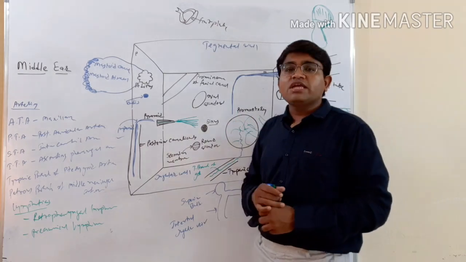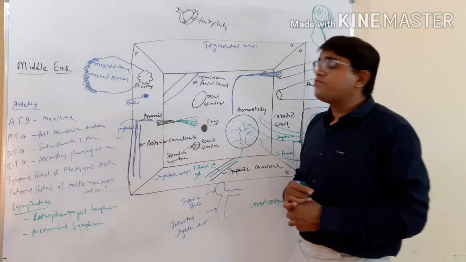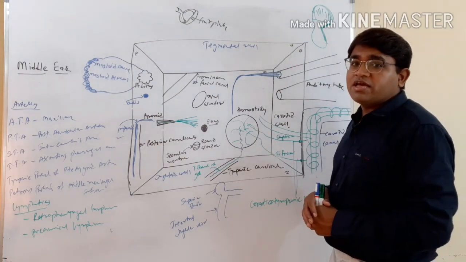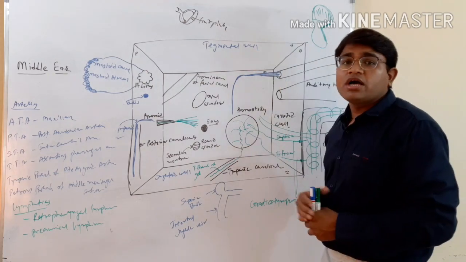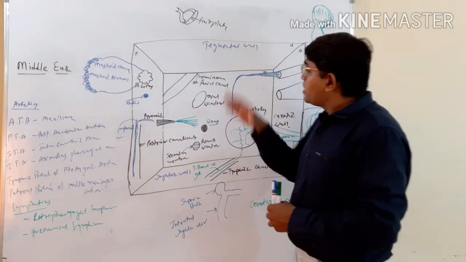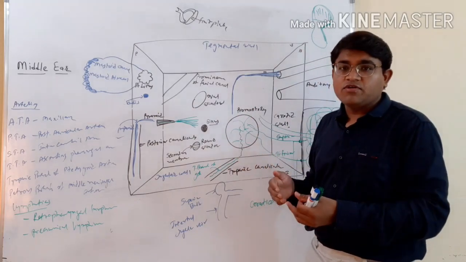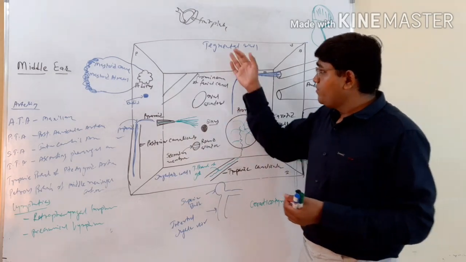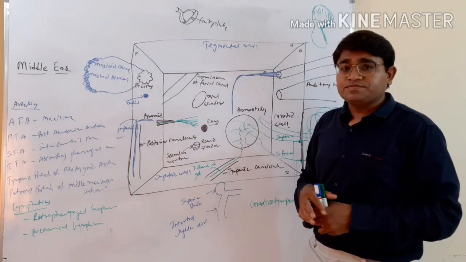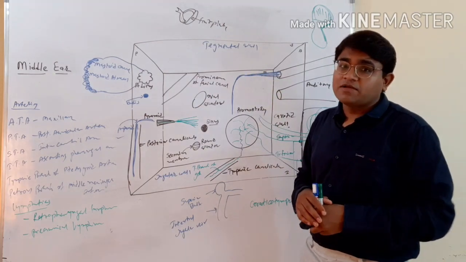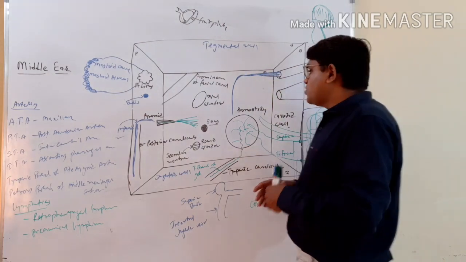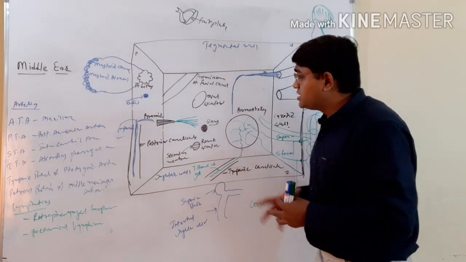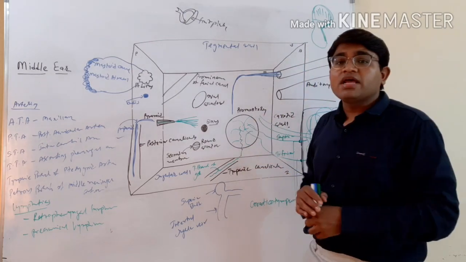So the infection of the middle ear cavity is known as otitis media. If there is a fracture of the superior wall or the tegmental wall of the middle ear cavity, it will directly connect to the middle cranial fossa, and there will be bleeding with CSF. Okay, if there is bleeding from the ear with CSF, we can assume that the tegmental wall of the middle ear cavity is ruptured or fractured. So the common cause for bleeding from the ear is fracture of the middle ear cavity.